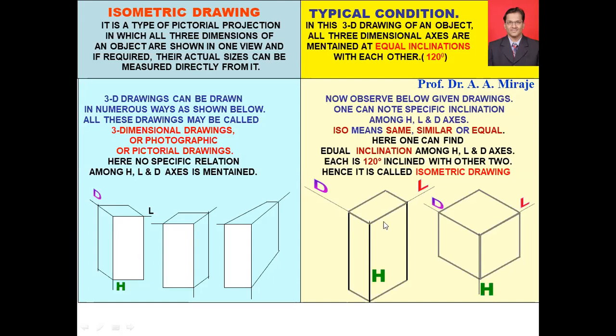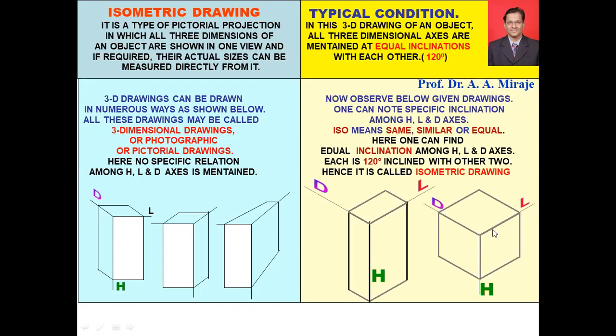Now this is the cube, this is the prism, this is a rectangular prism, this is the cube. So we are concentrating on the cube first. So this line and this line make an angle of 120. How? In the next slide I will explain. Similarly, length and height, again the angle is 120. Depth and height, the angle again is 120.